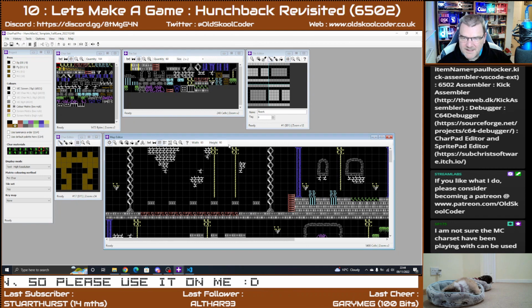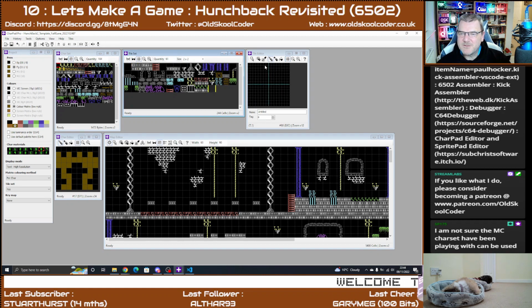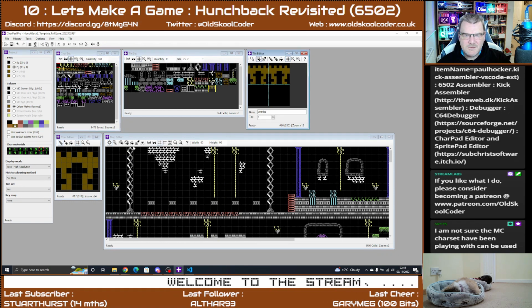So what I was thinking was here, instead of this, we could have the collapsing one. So let's do that. Let's do that just for a laugh. I want to see what it looks like. Right, so first one, grab that, there. And then take that one and...